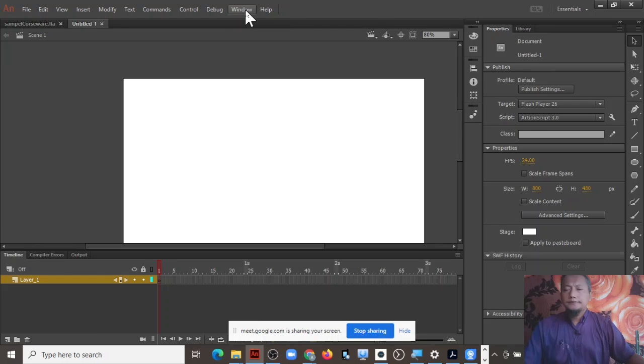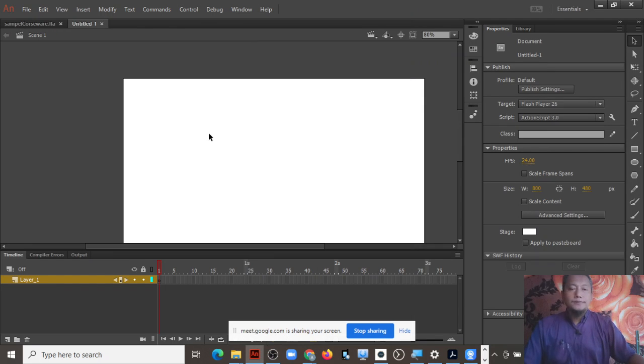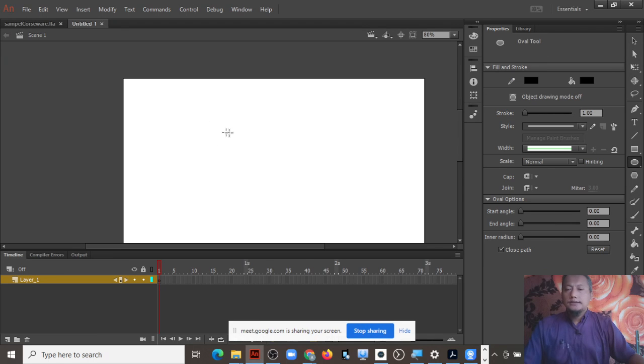First, we want to do a drag and drop, so create an object here.